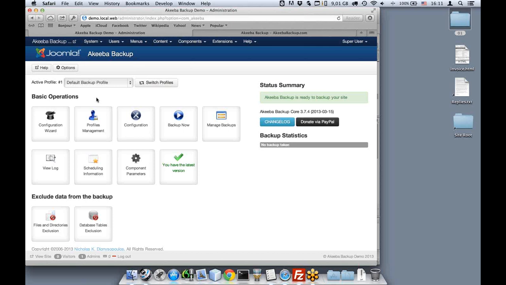Out of all these options, you should know that Backup Now is the most important button because it is what allows you to take a backup. Manage backups is the second most important thing that you will need, because it allows you to see all the backups that you have taken, even the backups whose files you have already removed from your site. All other buttons here are explained very thoroughly in the documentation, and you will only rarely need them. So let's begin a backup by clicking